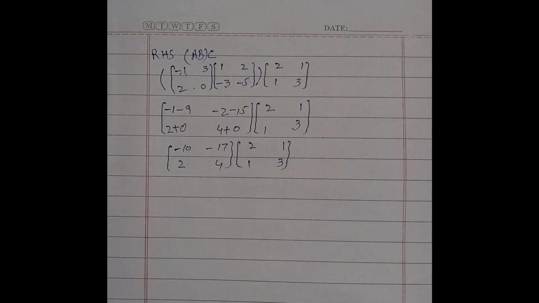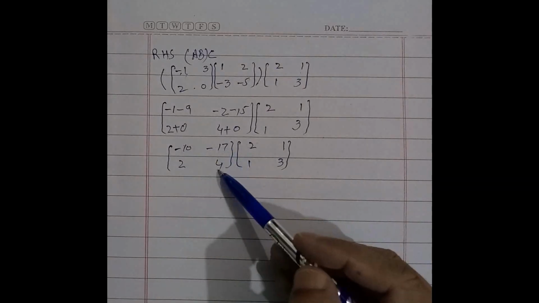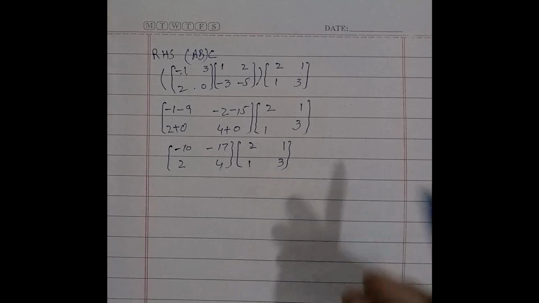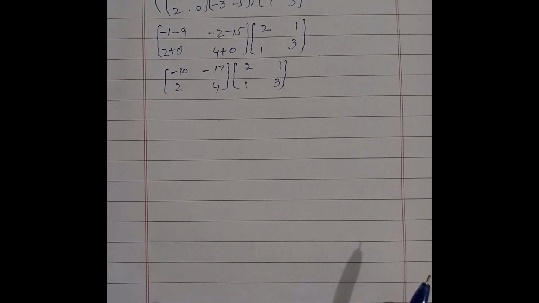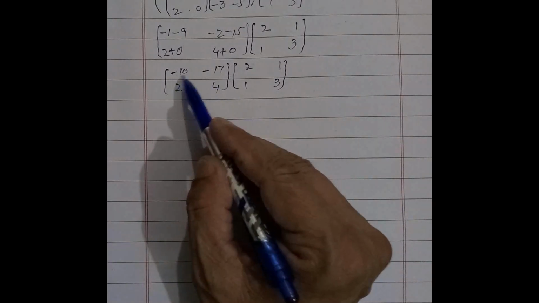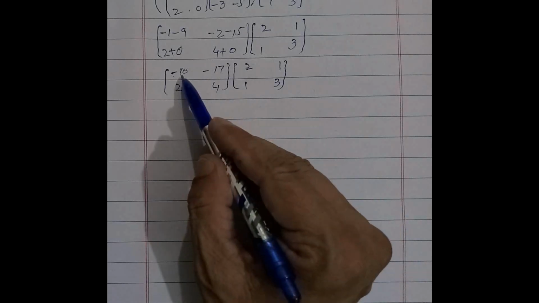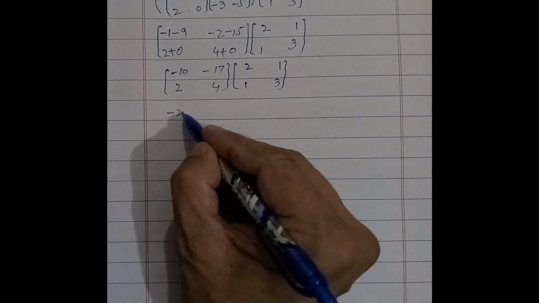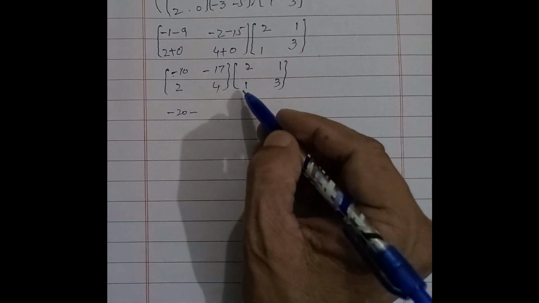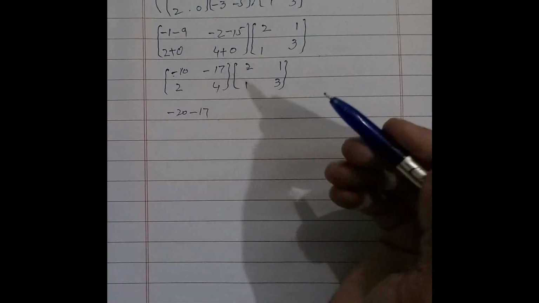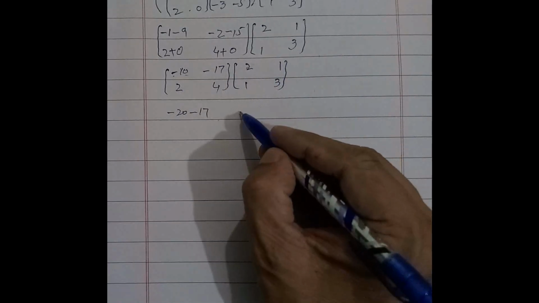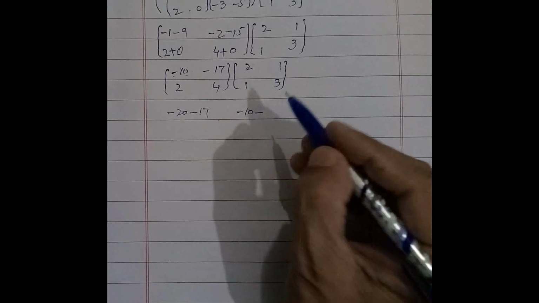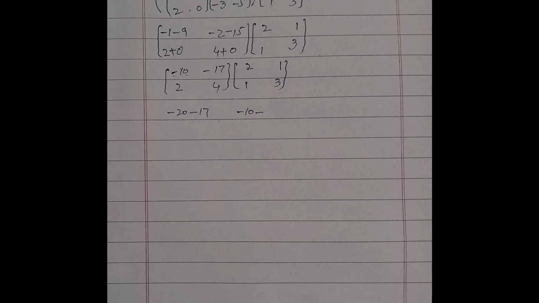And now we multiply two matrices, and first we confirm the number of columns is equal to the number of rows. They are both equal, so conformable for multiplication. Now we multiply these two values. First row with first column, -10 multiplied by 2 is equal to -20, -17 multiplied by 1 is equal to -17. First row with the second column is -10 multiplied by 1 is equal to -10, -17 multiplied by 3 is